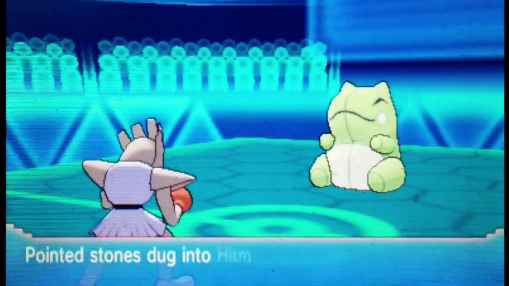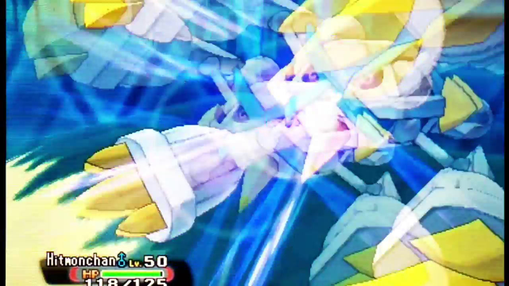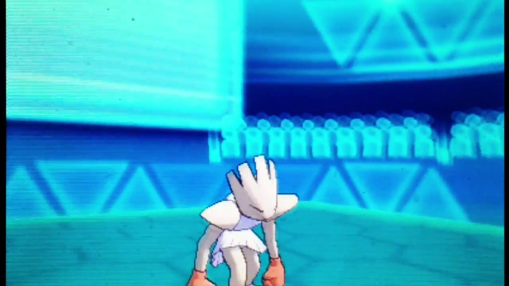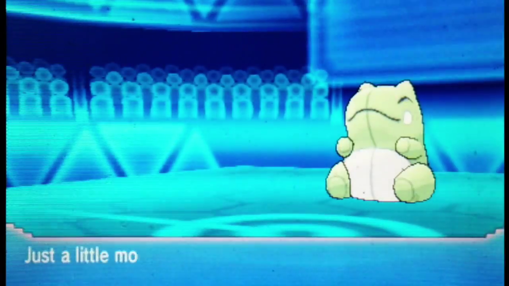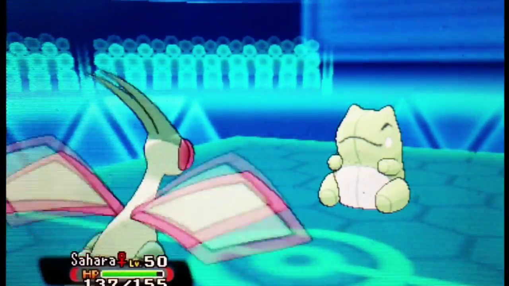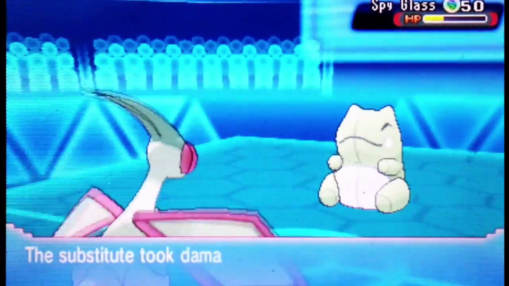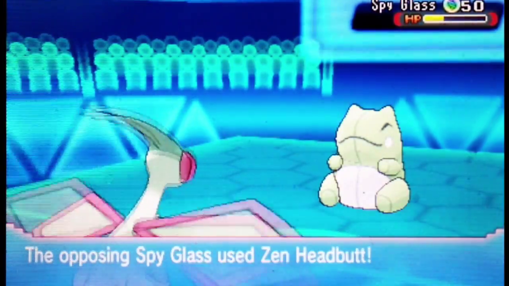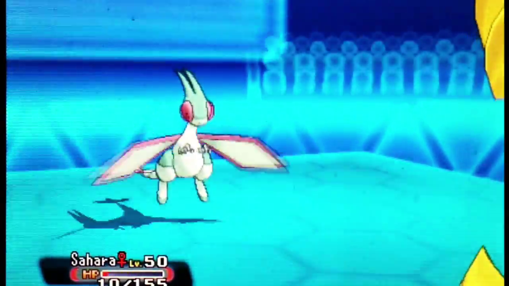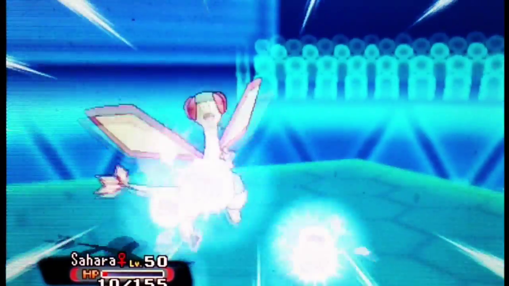I know that the Zen Headbutt is going to KO me. I really should have gone for a Mach Punch, because then I would have taken out the sub, and then I could have gone into my Flygon, go for the Choice Scarf Earthquake. However, Sahara is my last Pokemon, and he still has Crobat, who is going to dodge the Choice Scarf Earthquake, which will work against it. So I am forced to go for an Outrage to not only take out the Metagross, but his Crobat as well, and then something else to really win the match. But unfortunately,